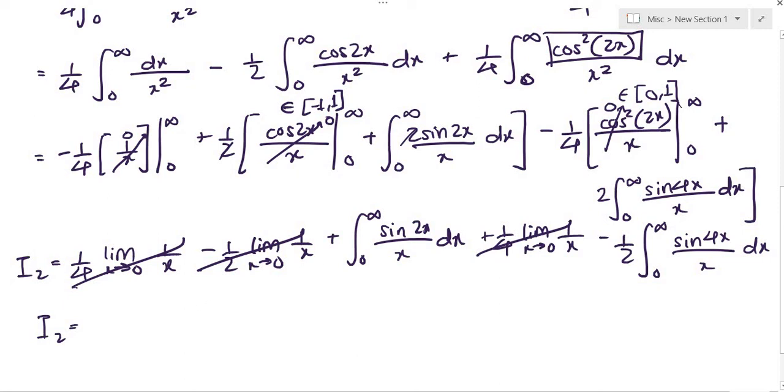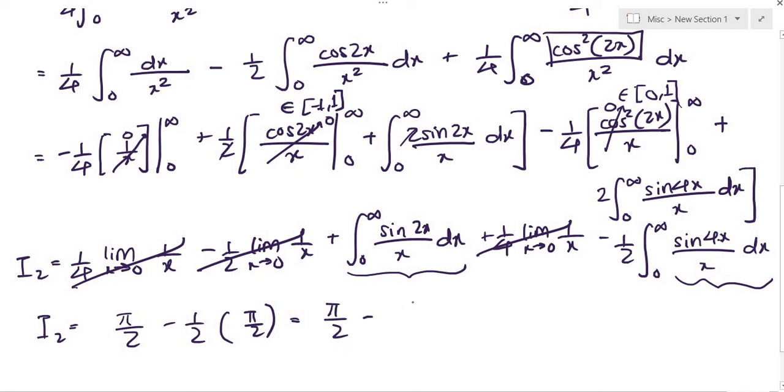And now we have this integral, right? Remember what I said before, we don't care what's multiplied with the x in the argument of the sine. This will always be pi over 2. And this will always be pi over 2, because here we had a 2, here we have a 4, but we don't care what constant is multiplied with the x in the argument of the sine, right? This will always be pi over 2. So it will be negative half of pi over 2. So pi over 2 minus pi over 4, 90 degrees minus 45 degrees is 45 degrees, or pi over 4 radians.